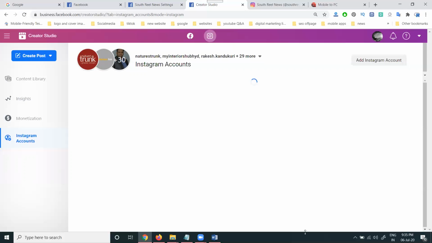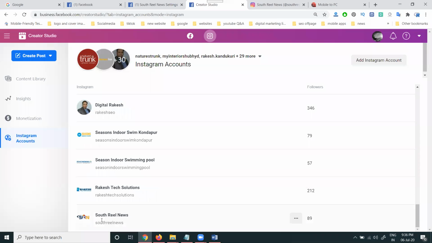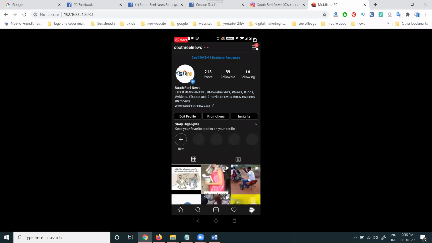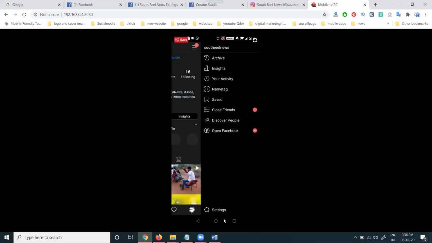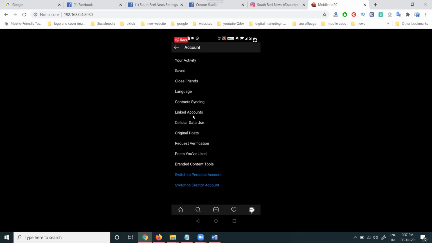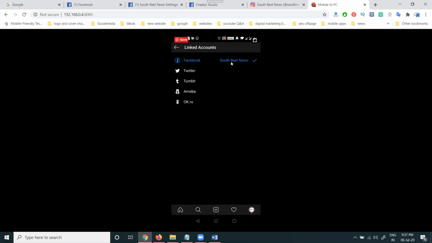Give me a second. They are updating the options. After refresh, you can check here. Once again, Instagram will connect, and check the mobile application. Check for the same profile option. Here, click the settings option. Go to settings. Now check the account option. Click link account. Previously my profile name was connected. Now we'll be connecting the page. Is it clear? This is the way we can connect a particular Facebook and Instagram.